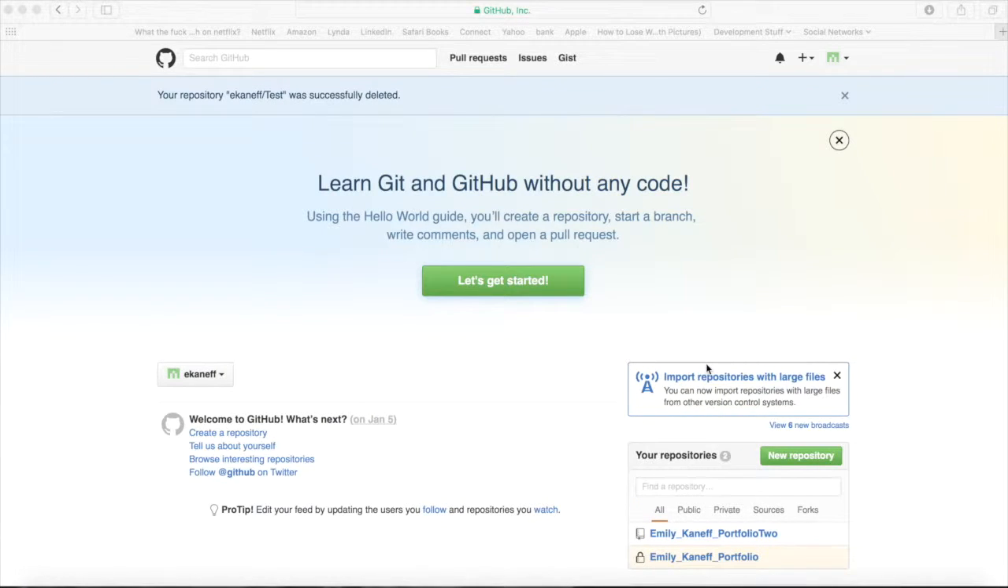Hey guys, it's Emily, and today we're going to go over how to get you up and running with GitHub and making sure that you have a place where you can back up any code and any projects that you're doing. This is a great resource for developers, especially in the web industry or in the game